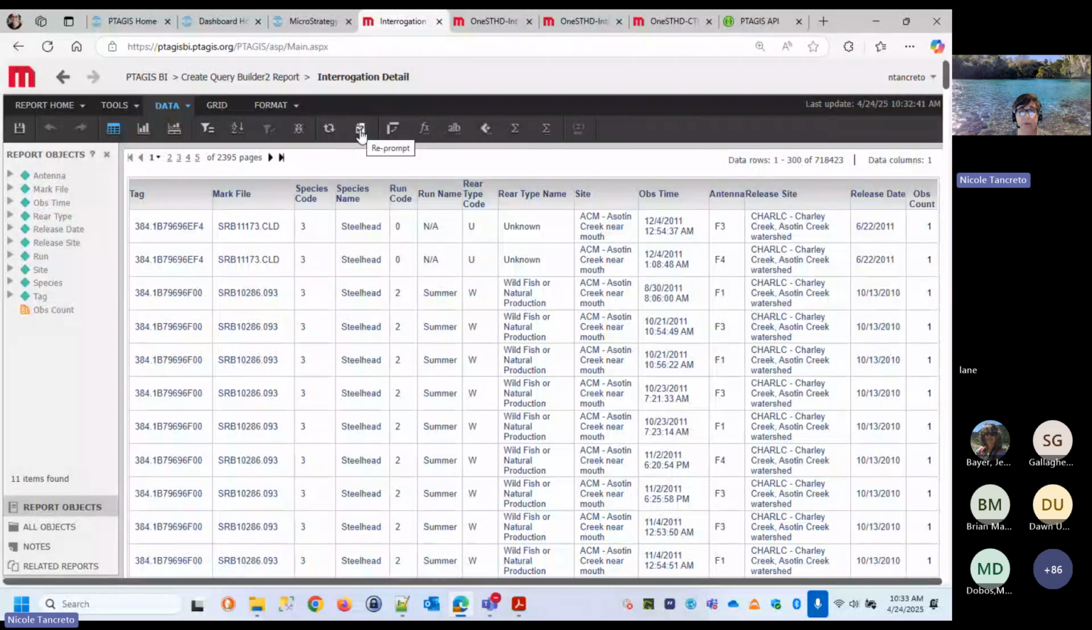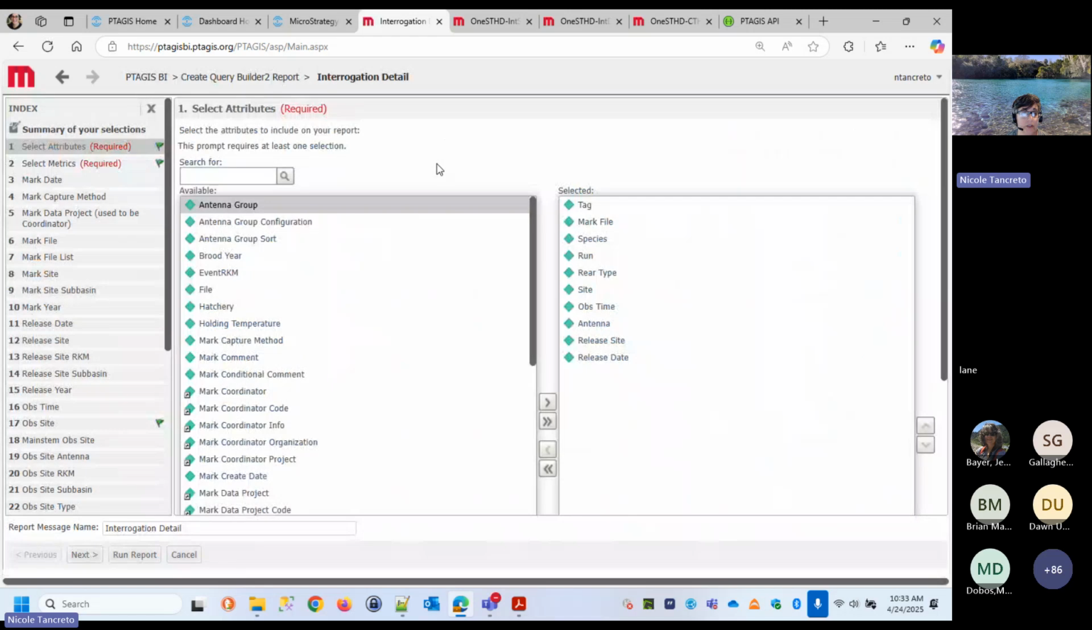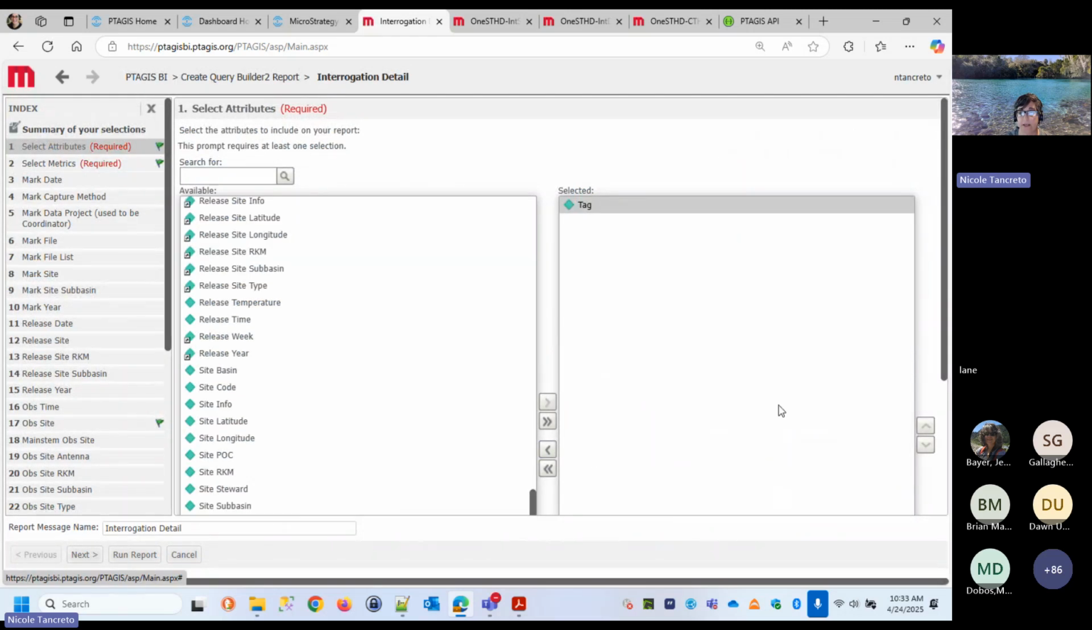Once I know that this is the group of tags that I'm interested in, I'm going to reprompt this report and go back to my prompt page. And now I'm going to take out all these attributes except for the tag attribute. Because what I want to do ultimately is find all of the complete tag history for all of these tags. So we're going to just get the tags